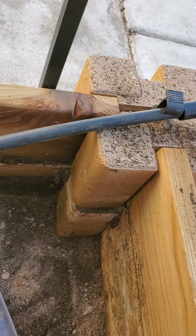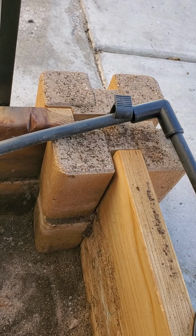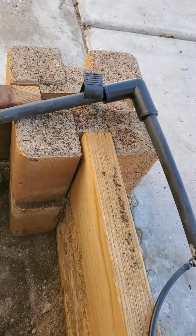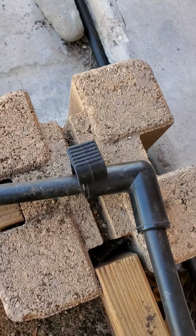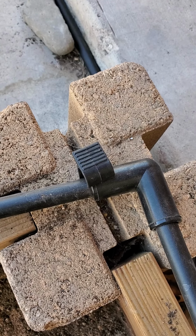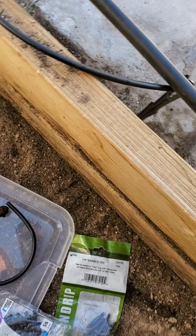So on this one right here, it comes up to here. You guys, this comes in a big old roll and it will not unfold. So you're gonna have to measure and cut, okay? Once you cut the line, then you start putting your elbows in, like this one that I showed you, the 90-degree. All right, and then you're gonna run your line again to your desired length, cut, and then put your next angle in. So you'll continue the process. It's the same thing. You're gonna do it all the way around till you get to all the plants that you need. All right, so once you're done fitting all your piping in,